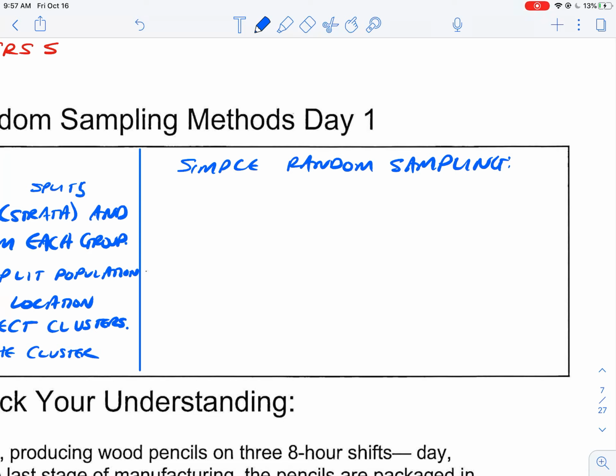Representing that group fully means looking inside the group and seeing, what is my population made up of? What are the groups within that population? And so the simple random sampling idea is going to evolve a little bit as we get a more nuanced view of what sampling looks like. So when we talk about simple random sampling now, we're going to look at choosing a group from the population